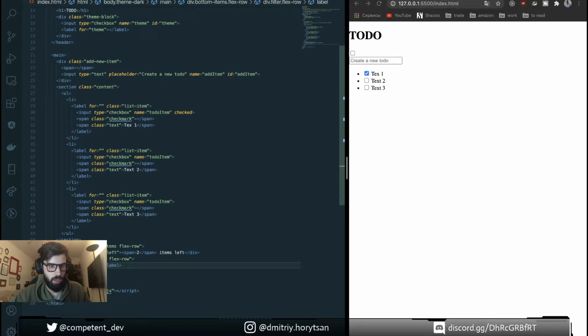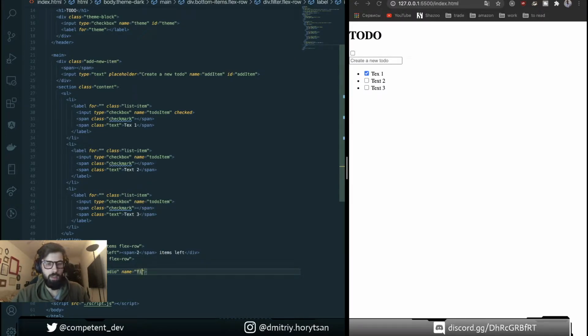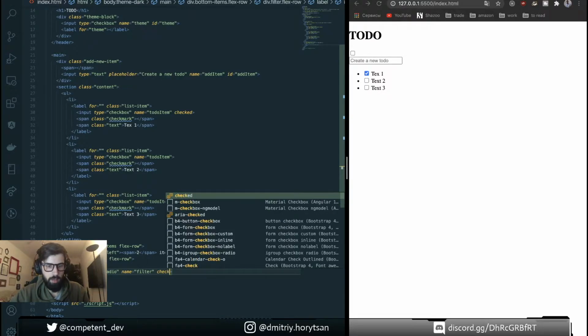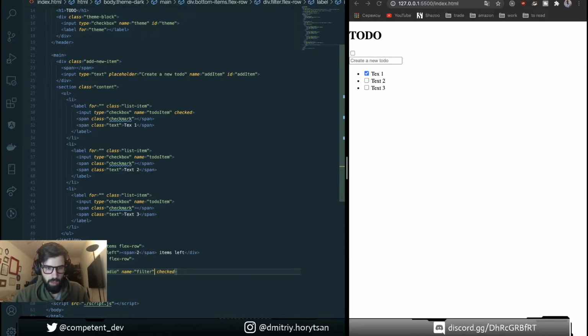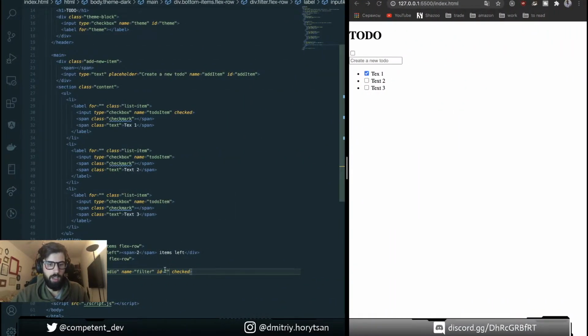Label, we don't need for here, input, type radio, and because it's a radio button they should have the same name, so like filter, and this one we put it like checked, and we need here an ID for each of them, because we need to filter our to-do items. We need somehow to know which item is active. For this we will put ID, and each of them will be active, and we can define what to do.